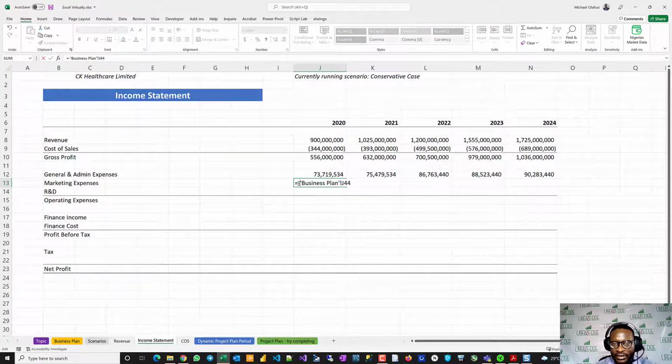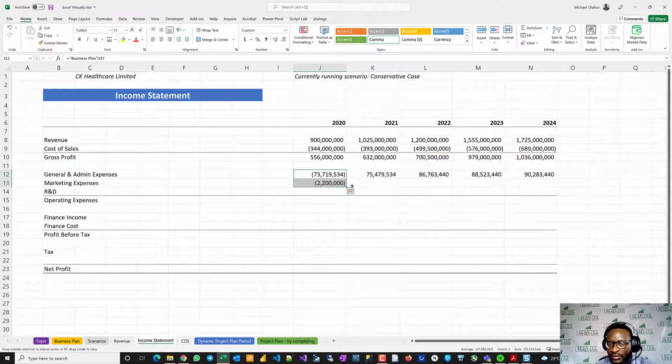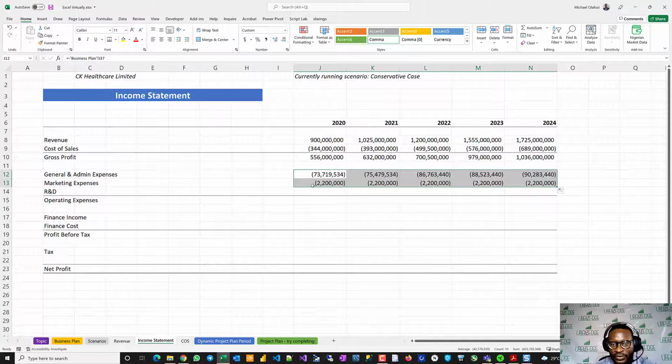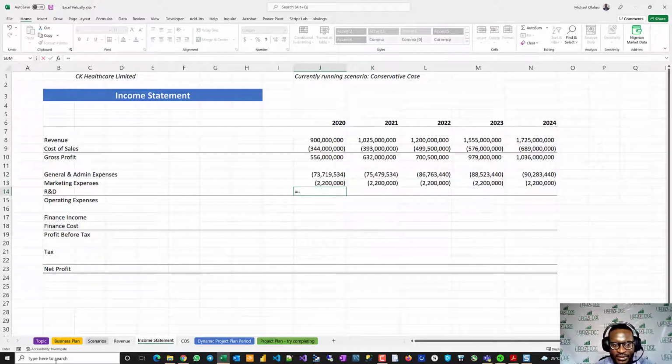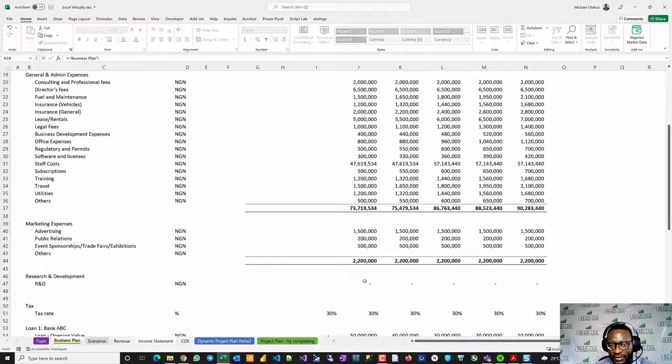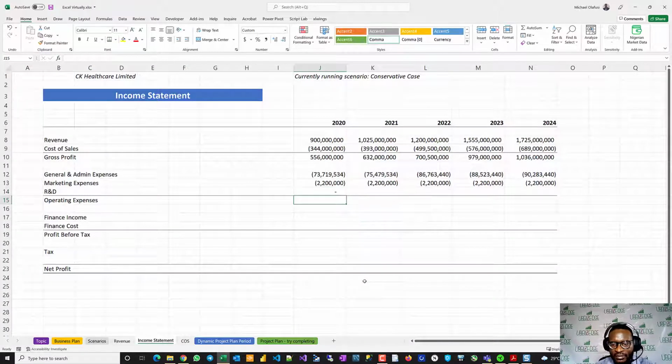Let me make the two come in negative. We don't have R&D, but let's link to it. With that information, I'm able to say it should get us